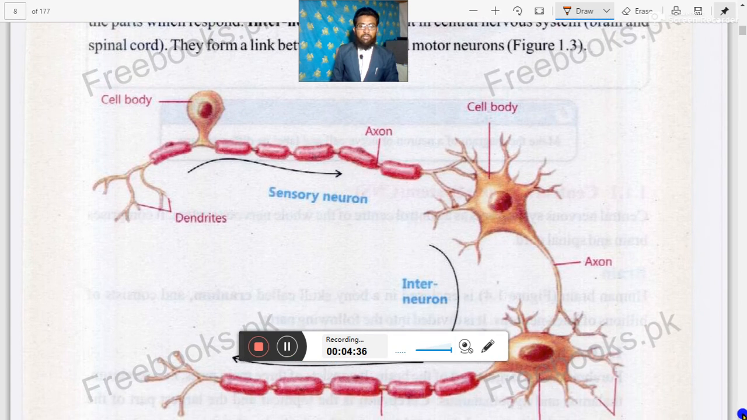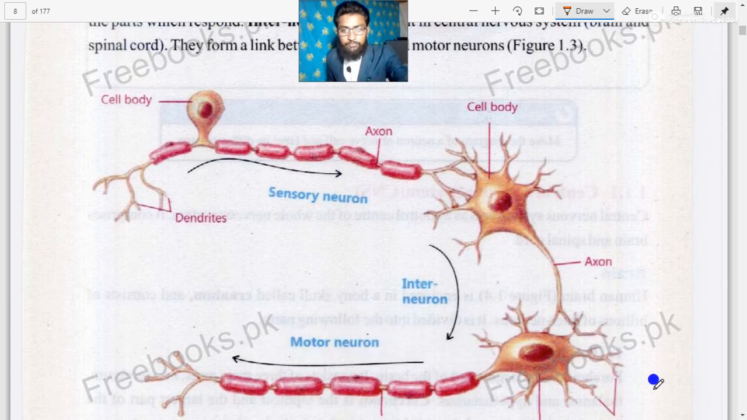Here we have a diagram showing different types of neurons. Number one, we have the sensory neuron. This is the sensory neuron present at a site. Next to that sensory neuron here is an interneuron, and thirdly, here is the motor neuron. Dear cadets,